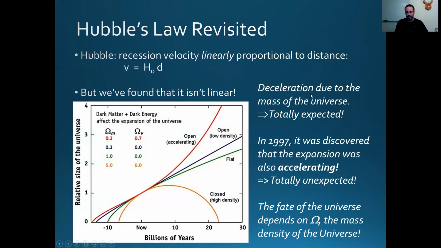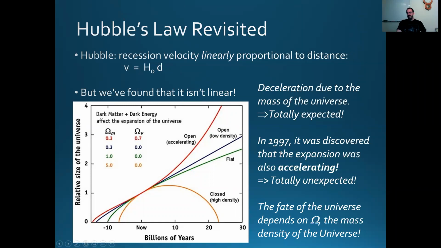As we got into the 1970s and the 1980s, some astronomers noted that distant galaxies were not quite moving that fast. There's a deceleration. So as the universe expands, it's decelerating. Again, totally understandable. If I throw a ball in the air, its velocity slows down, eventually comes to a stop, and then falls back down. That's because of gravity. So that's totally understood. The universe has a mass. It's pulling everything back together. So the universe expands, and there's a tendency for it to collapse back on itself. Totally expected. And if you measure this deceleration parameter, it tells you about the mass of the universe.